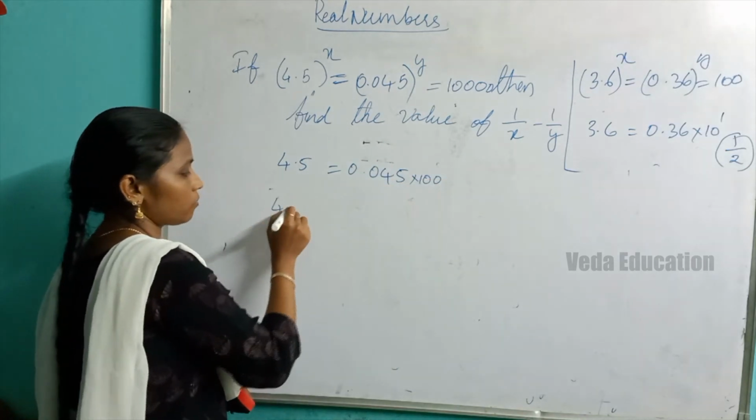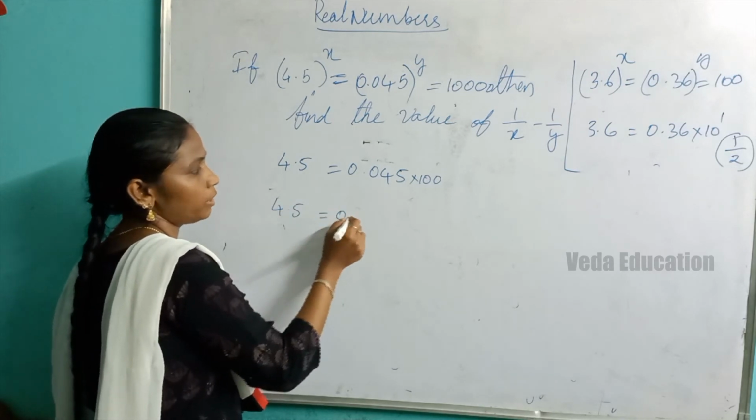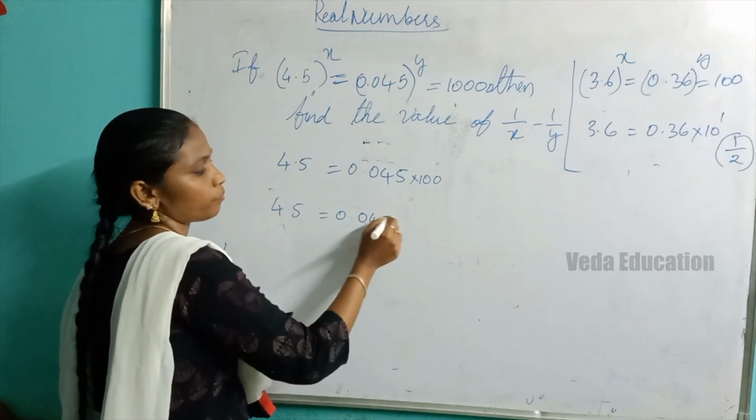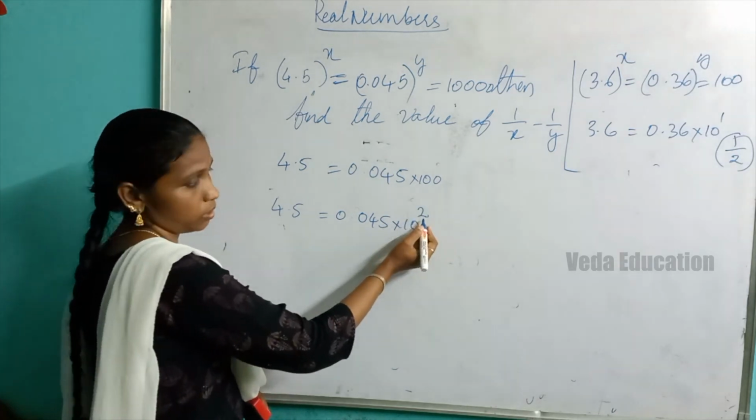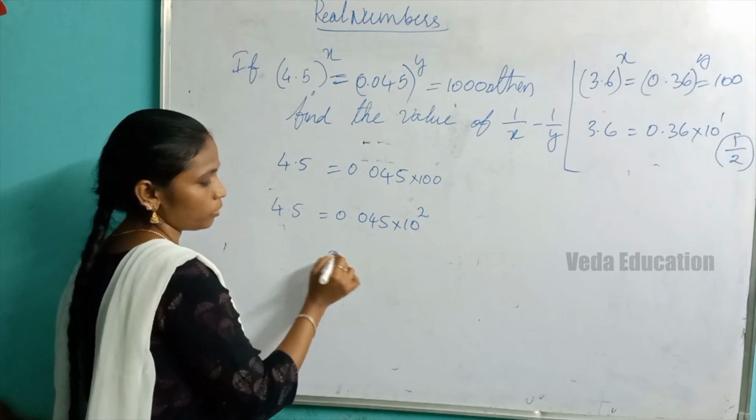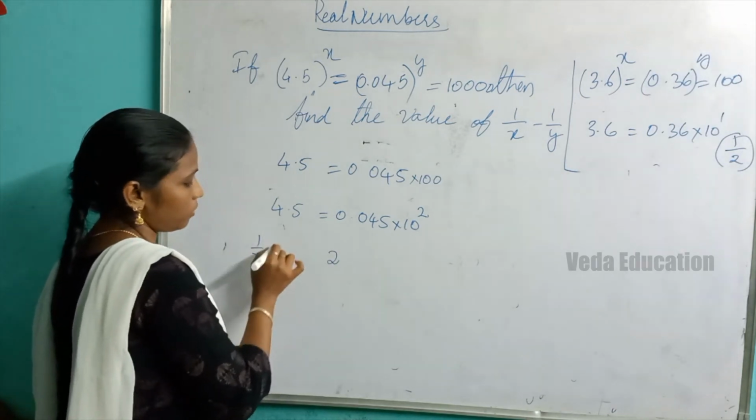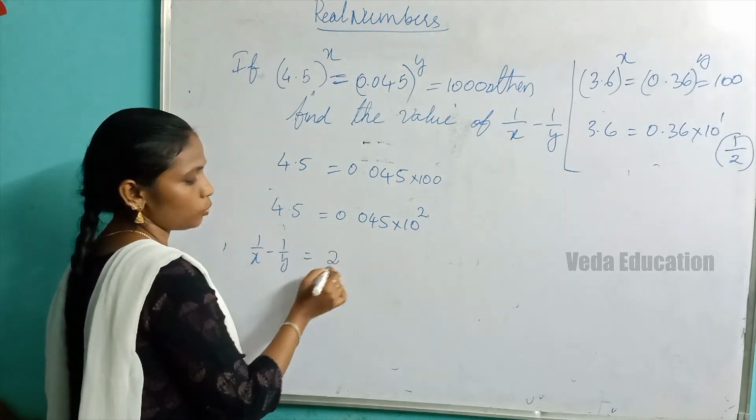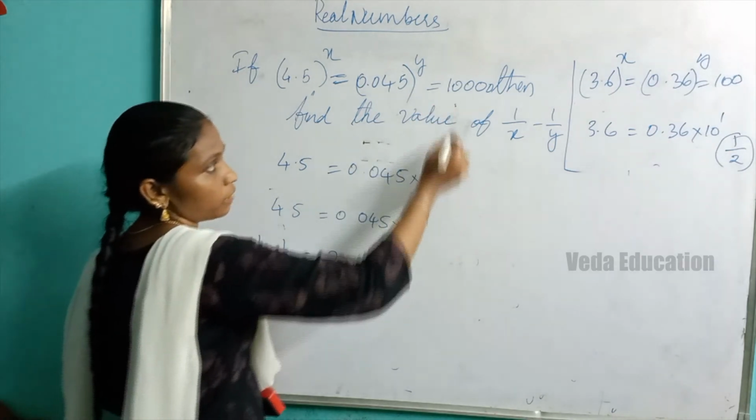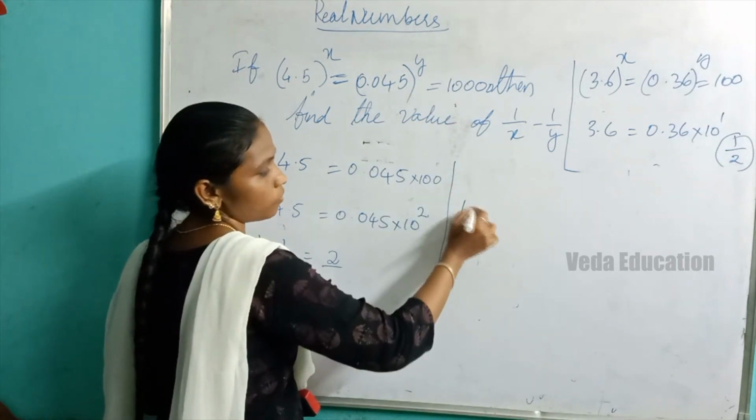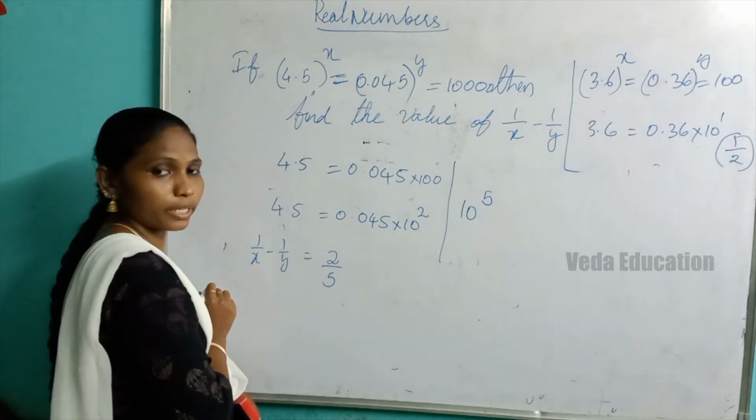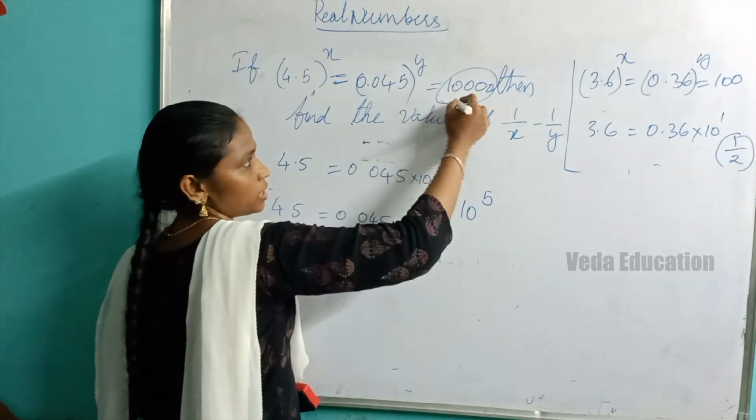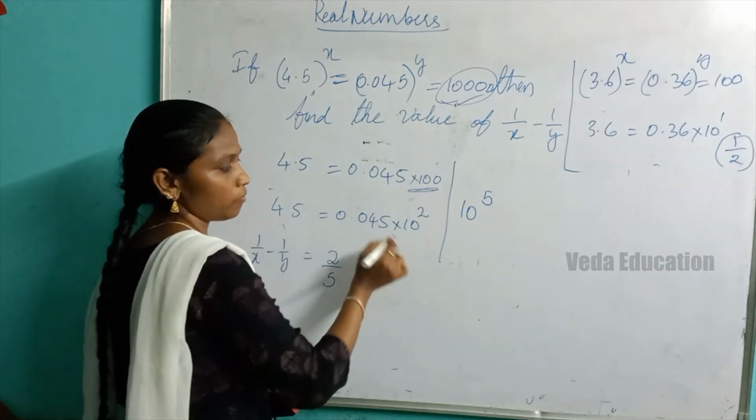Now write in exponential form, 4.5 equals 0.045 into 10 square. So here, what is the exponential number? 2. So the value of 1 by x minus 1 by y is 2 by... and 10,000 is given. For 10,000, write in exponential form: 10 power 5. So this number will come to the denominator. Got it? Which is given to us, that we consider as a denominator,